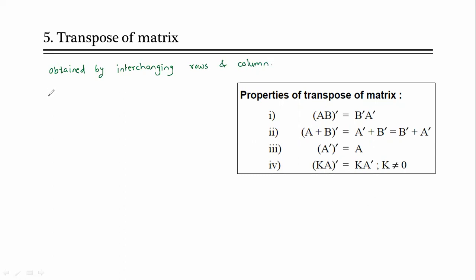Suppose I am having a matrix A as 1, 2, 3, 4. Just to make it easy to understand, I have taken a simple matrix A whose elements are 1, 2, 3, 4, the order of which is 2 by 2. Now, what will be the transpose of a matrix? It is denoted like this, or A^T, A to the power T. This is equal to, now, observe here,